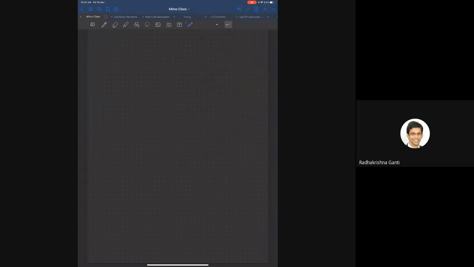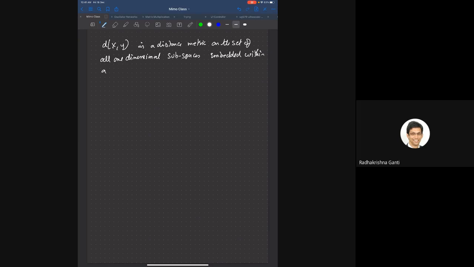Okay. It turns out the d of xy is a distance metric on the set of all one-dimensional subspaces embedded within an NT-dimensional space. Okay, so what this means is,